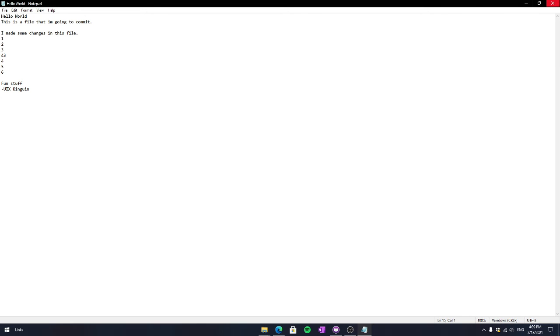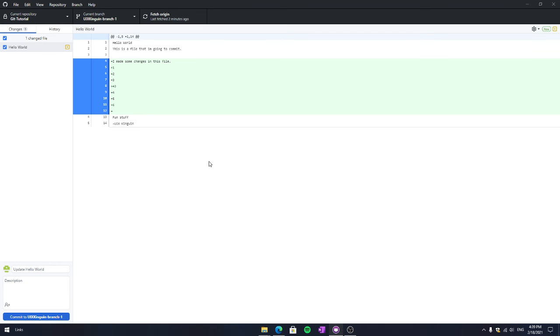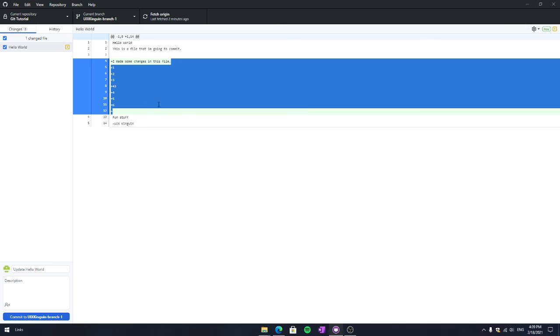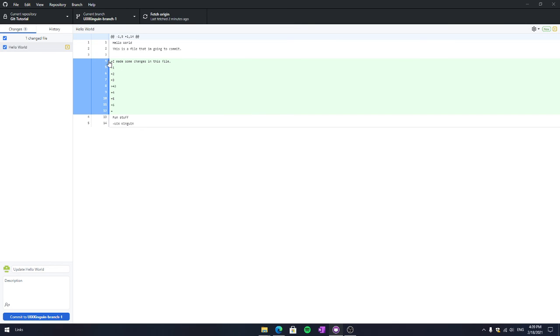We're going to save that and close it out. As you can see, Git desktop will go ahead and see that I've made changes here, highlighted in green. And similarly, you can push commits or changes to GitHub and they will be dynamically updated and you'll be able to see that on both ends. So let's just say updated hello world,